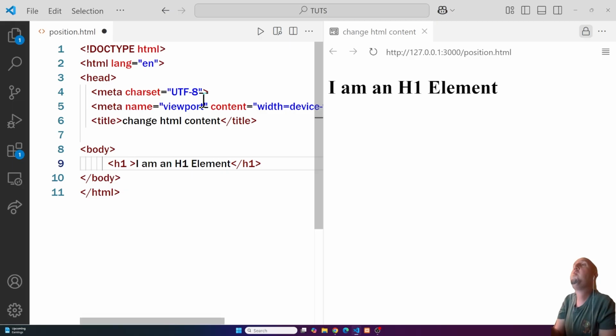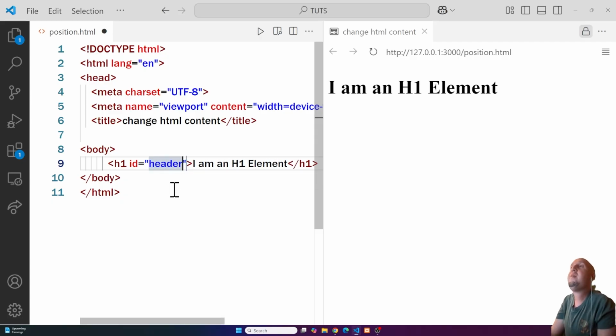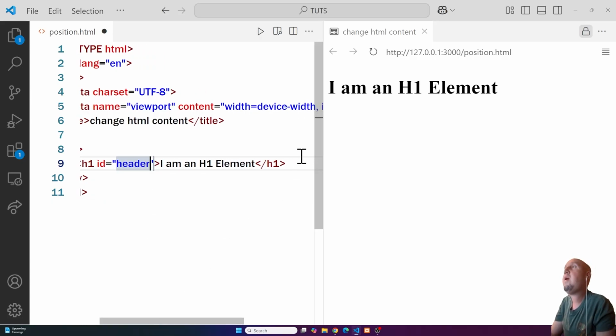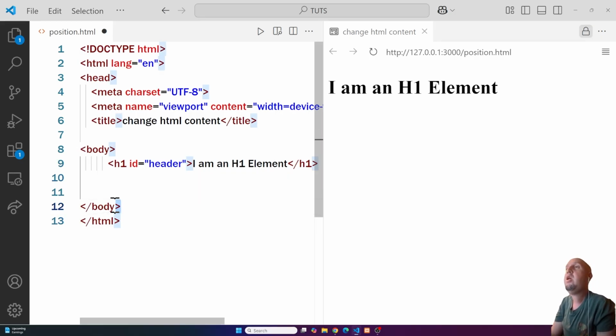So I'm going to add an ID here. So ID, and I can give it a unique name. So you can give this element an ID. So just like giving someone an identification card, we are giving it to this element. So I'm going to say header. So I have that there, and right below it, at the very end of the body tag, you can use